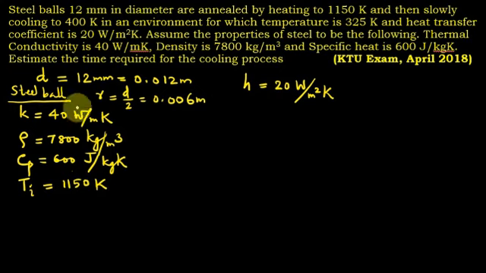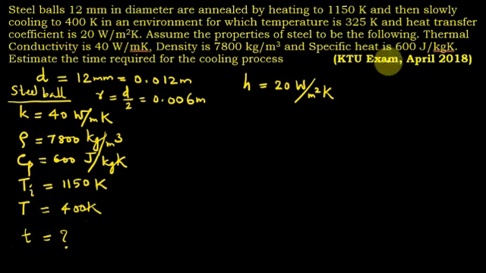Ti. Then the temperature should come down slowly to 400 Kelvin, and we need to find the time taken for that. So that is T after the time t. This is T when time is equal to small t, that is 400 K. So the time taken, small t, you need to find out.